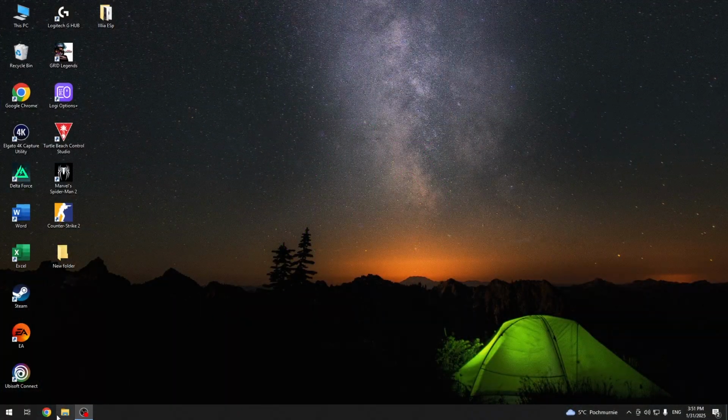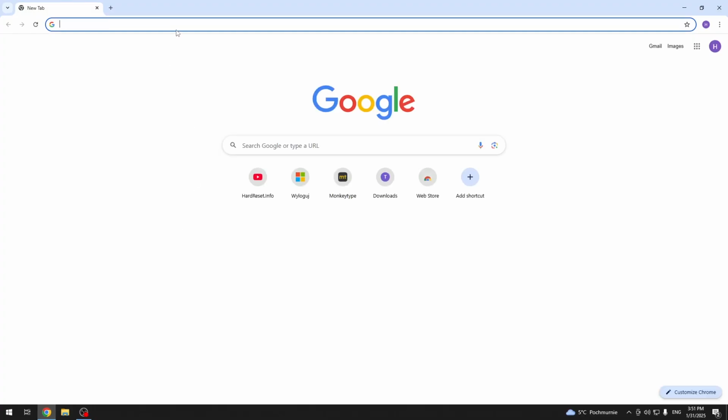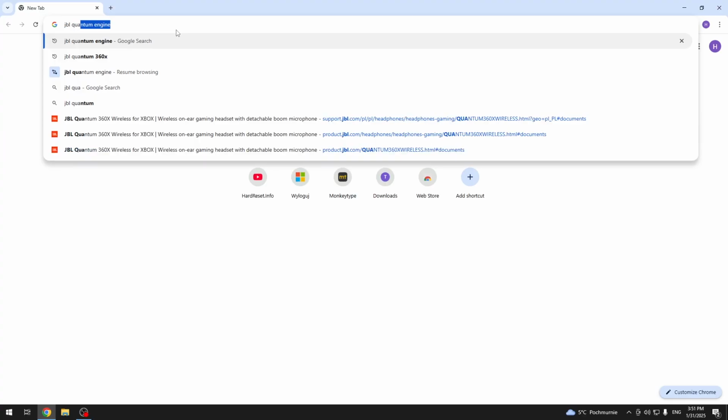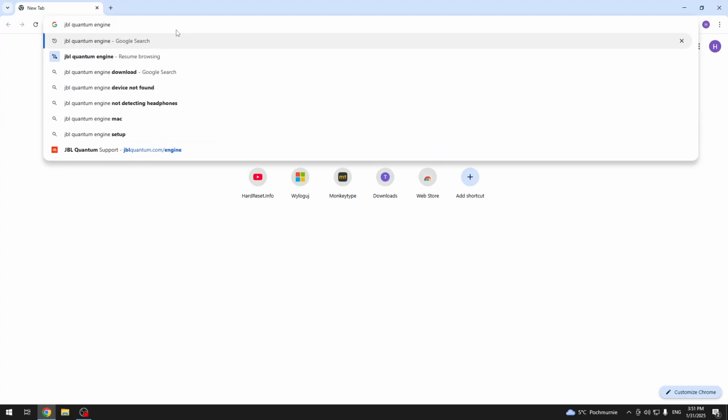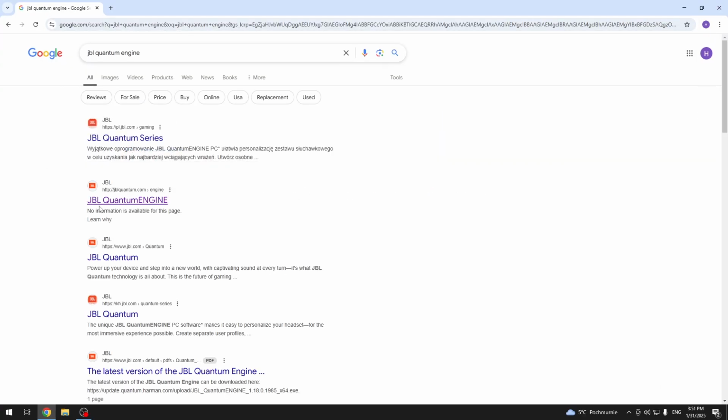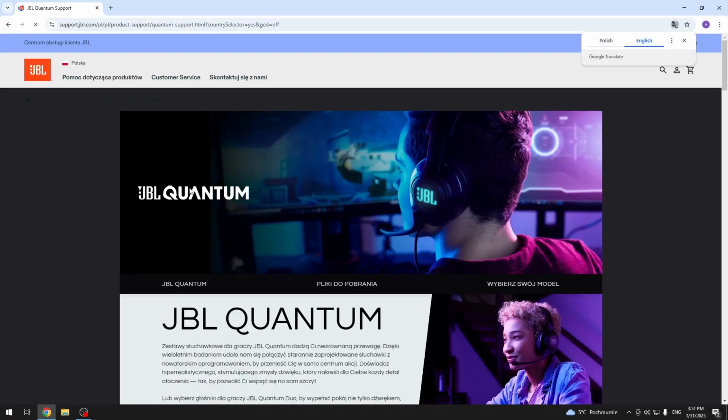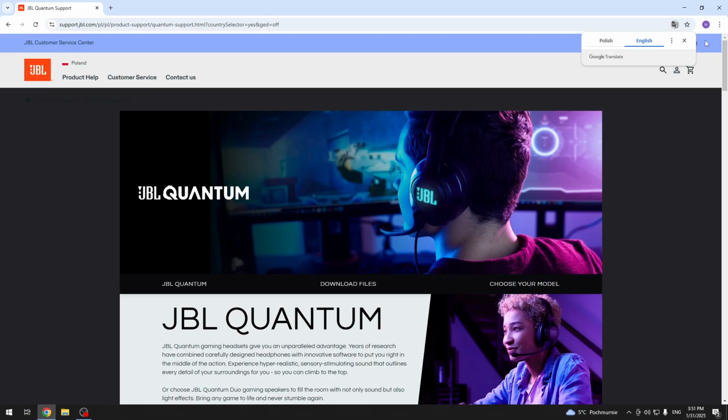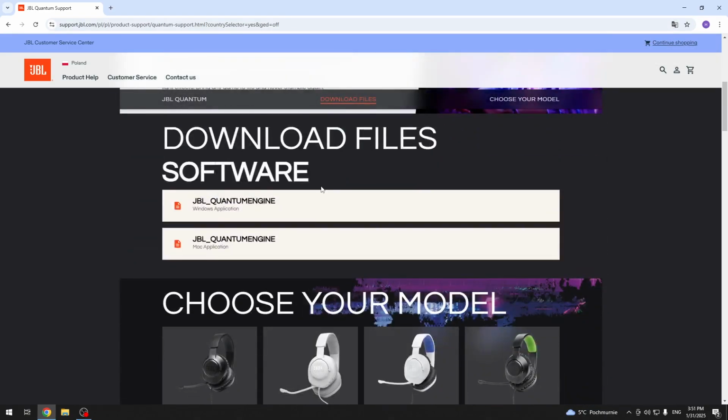You have to start by opening your browser and writing JBL Quantum Engine. Now click enter and open the second link. Now scroll down and you can install it for Windows or Mac. So I will install it for Windows because I have a Windows, but you can also do it for the Mac. Click on it